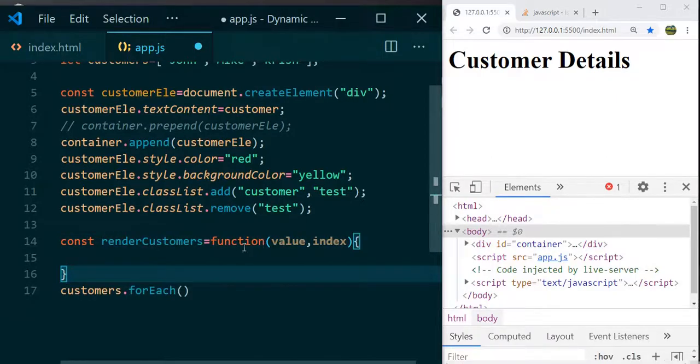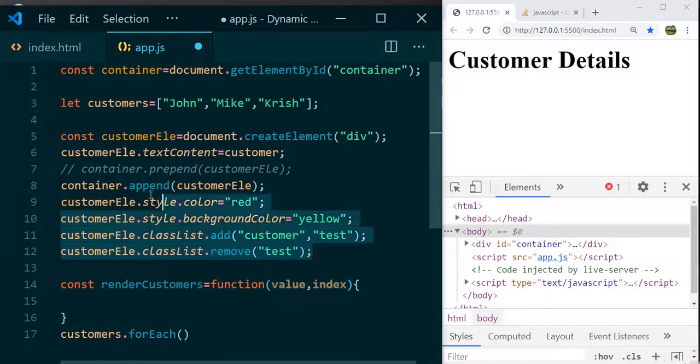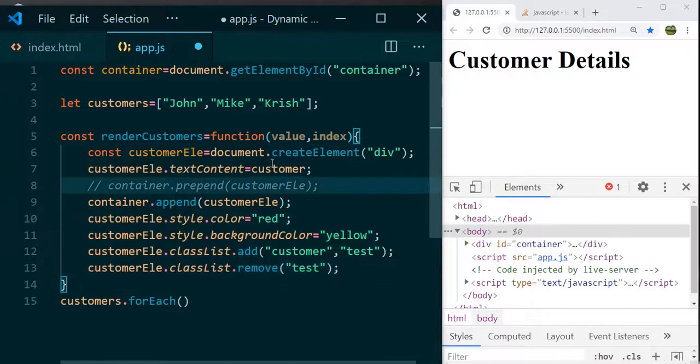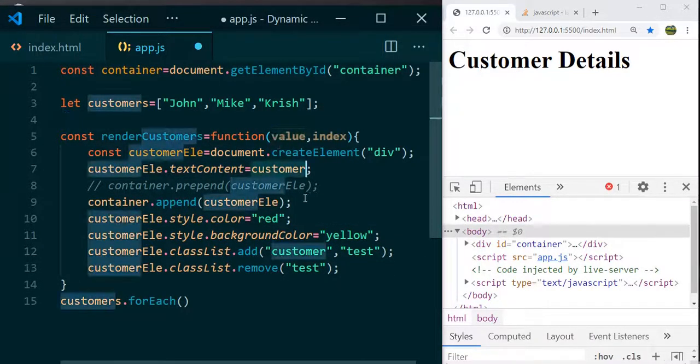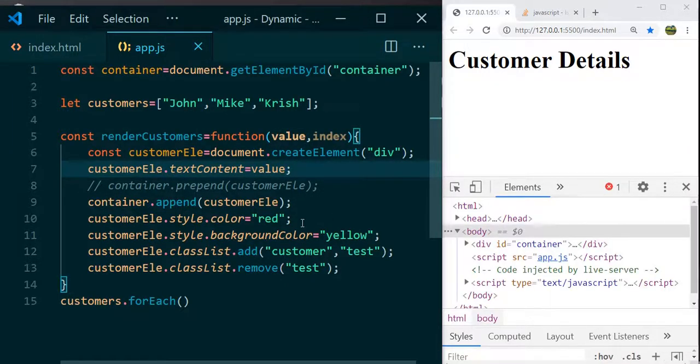And here I just created the function expression and I just assign this function, which will take the value comma index. So now what we need to do, we need to just cut this code, paste here. Instead of customer, we need to provide the value that we are receiving in callback value. And now this callback function name we need to provide in the forEach.